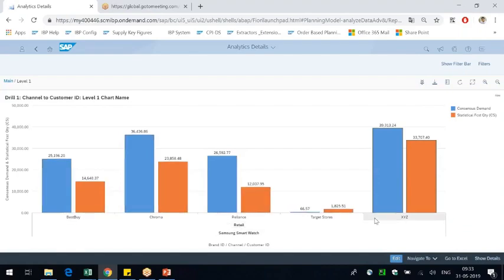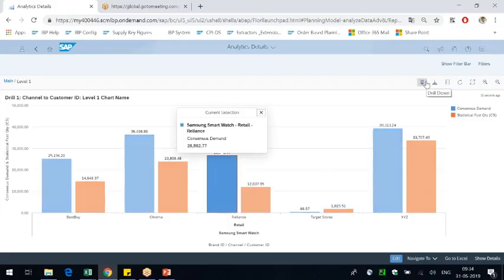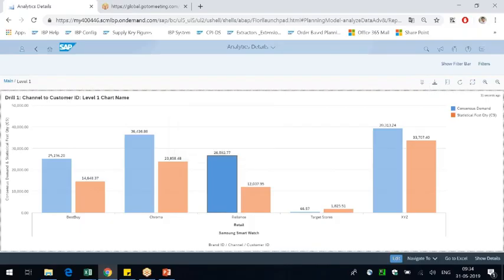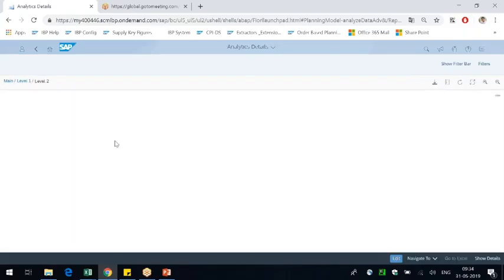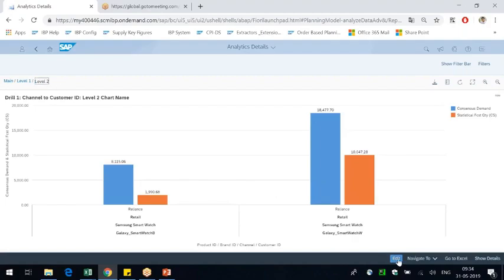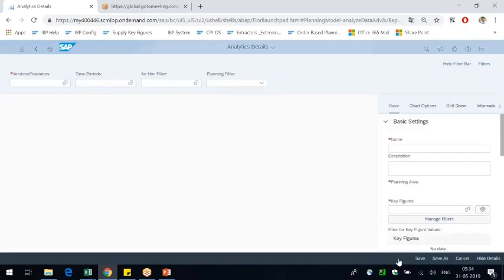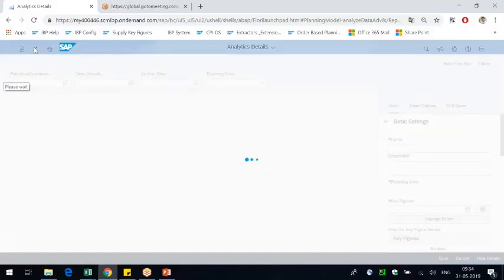Okay, under the retail there are 4. Oh, there are so many. The 5 stores: Best Buy, Chroma, Reliance, Target Stores, XYZ. So you can see that it got disaggregated to this. I don't know what happened. Why is level 2 not there here? So let's create that. I don't know, maybe I think I saved it. Okay, I'm creating a new drill down here. Click on drill down. As I said, a drill down 2 is appearing here. Go to the edit mode. Oh, I think it was saved.